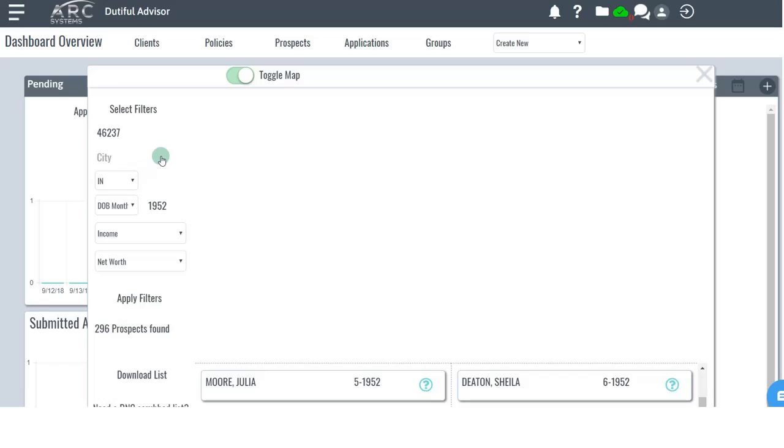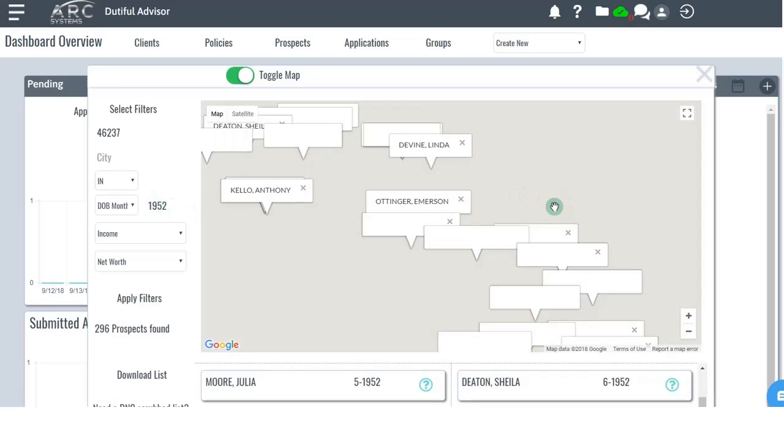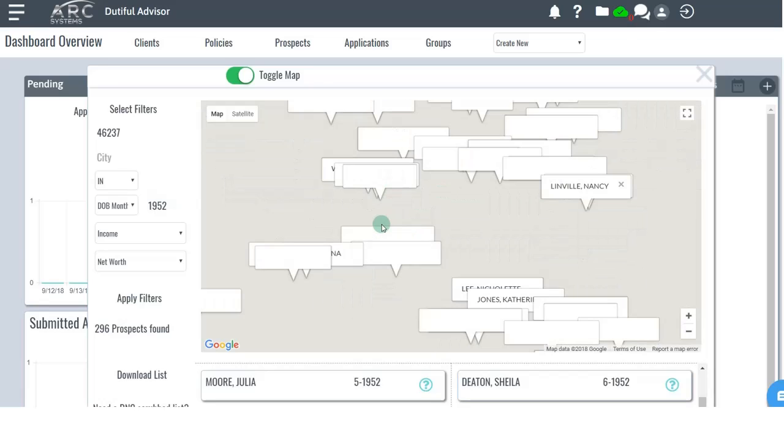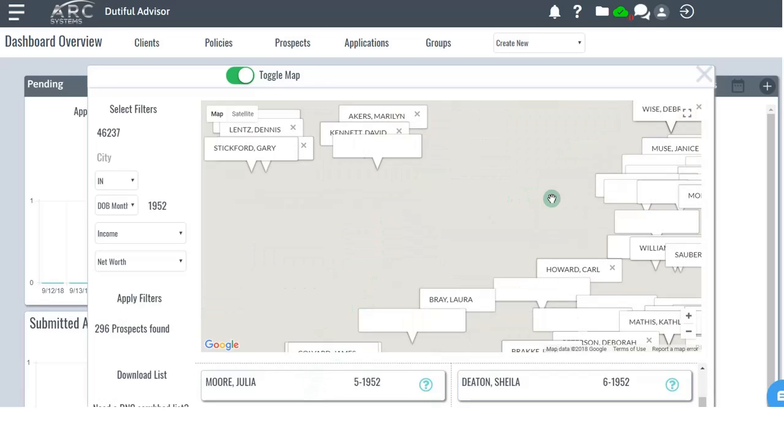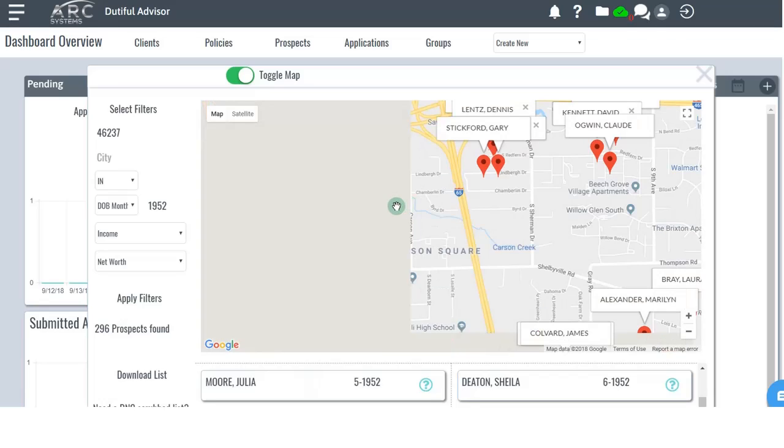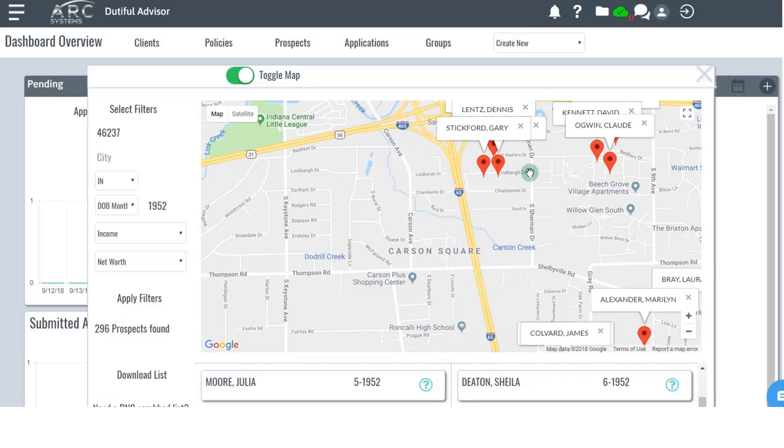I know this probably never happens to you because it never happens to me, but when we're out in the field, say somebody misses their appointment, they forget you're coming, we can minimize our downtime and still be productive by bringing up a map of folks that are around us that also meet our criteria. Maybe we can do a little bit of walking and talking, hand out a brochure, some business cards, whatever our strategy is. So now we can bring up our list, show all the folks that meet our criteria within that zip code too. And now we can plug in some addresses, drive over, walk through a neighborhood,